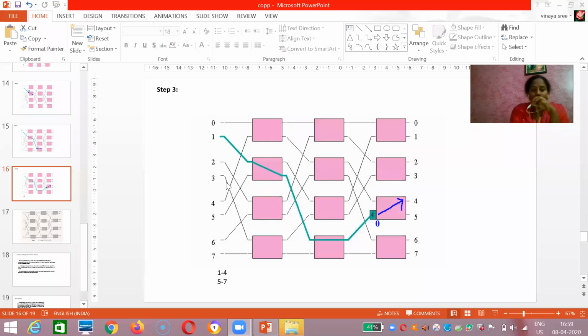Yes. Now see, processor 5 wants to access memory module 7. So what is the path here? Here is processor 5. Until here you can go as there is a path. Now there will be two types of switches, as we already discussed: one is straight and the other one is exchange. Based on the memory module binary bits, you will decide whether you have to go straight or exchange. Memory module 7 is represented as 111, and 1 means what? If you reach here, will you go straight or will you go up? I want an answer fast.